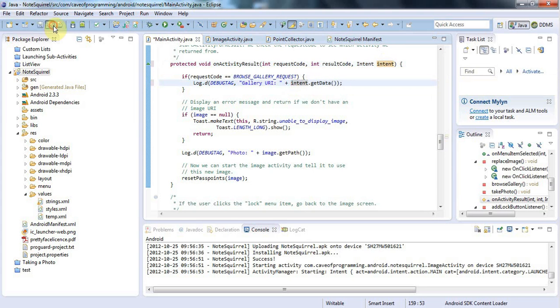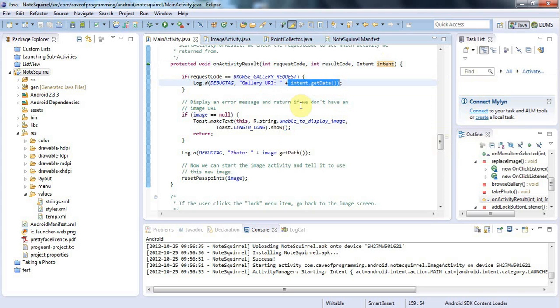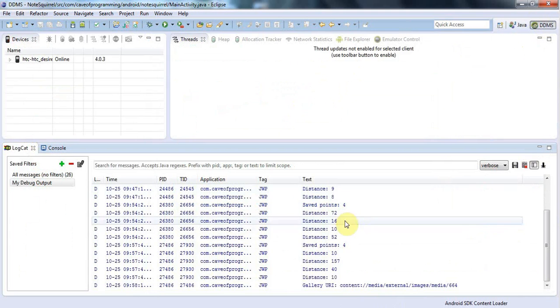intent.getData. And now what intent.getData does when you're returning from a gallery is it gets you a URI of an image, so not a file name but an identifier of that image within the gallery. And I output some debug information here, and if we go to DDMS and look at it, this is what it looks like. It's content://media/external/images/media and then some number, and that identifies the image uniquely